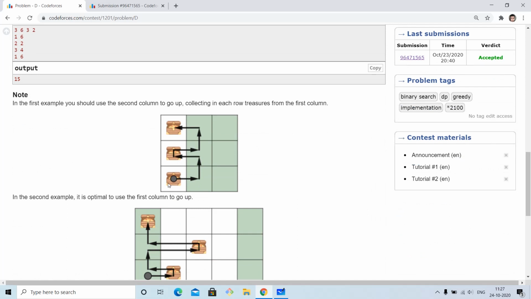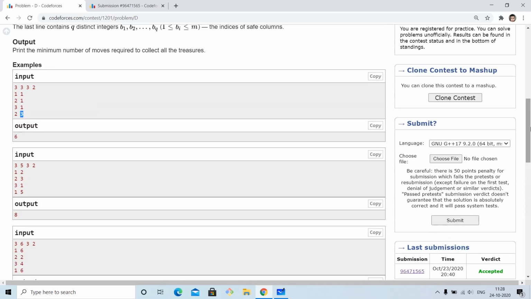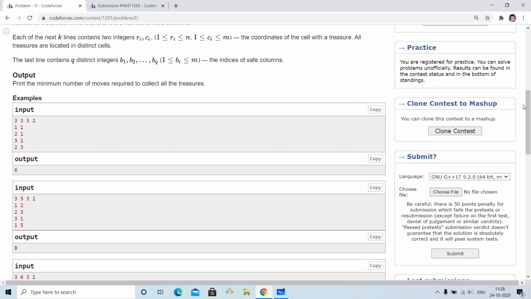Here we are located in the bottom left corner, and there is also a treasure at position 1 comma 1. So we will collect that treasure in no time, and then we will go to the right, and then we will go up. We cannot move up from the first column because it is not a safe column. So we will go up, then left, right, and then up, and then after that we will go left and collect the second treasure, then go to the right, further up, and further left to collect our final treasure. In total we will need 1, 2, 3, 4, 5 and 6 moves to collect all the treasures, and that is the optimal answer for this first test case.